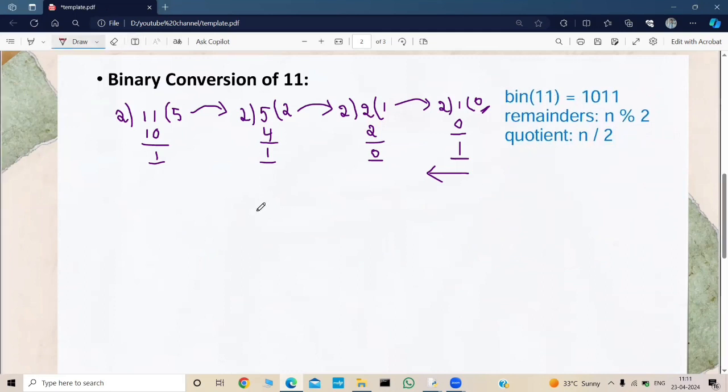So how do we want our binary number? We want it as 1 0 1 1, right? Instead of considering this number as a binary number, let's consider it as a decimal number. If we consider this as a decimal number, this 1 is at the first place, this 1 is at the 10th place, this 0 is at the 100th place,